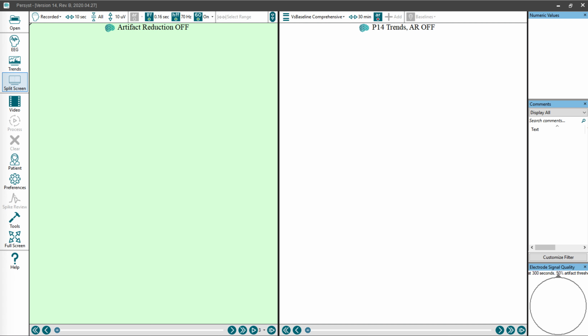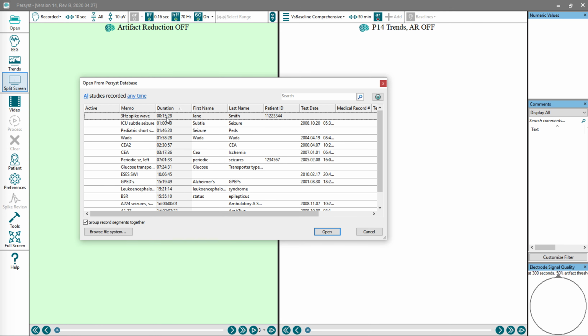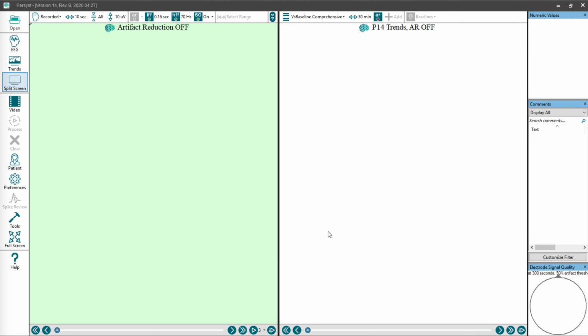Hello, this is a quick ad hoc screencast to go over frequency mapping in PERSIST. We're going to use an example that shows a seizure evolving from faster to slower. It's very easy to see what's happening in the waveforms, and so that's nice to illustrate what the maps are showing as well. So I'm just going to open up the PERSIST database, open up this recording, and we will see